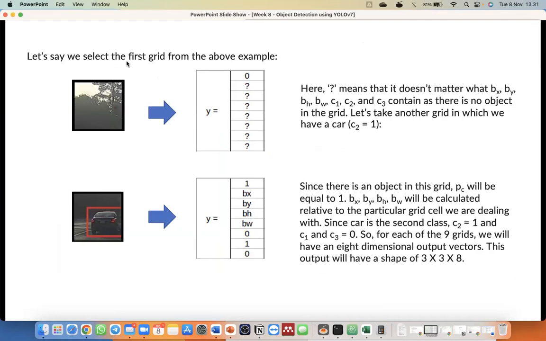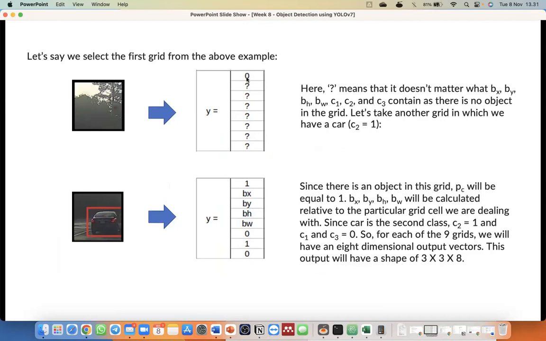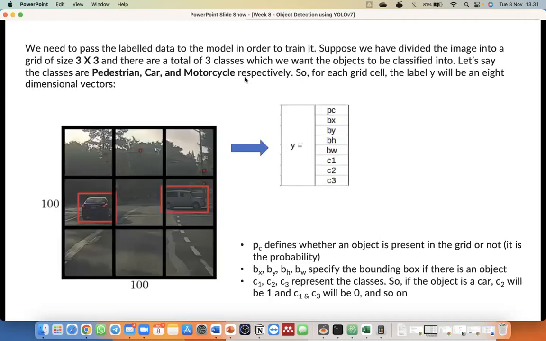Let's say we select a grid from the above example. Because there is no object inside this grid, the PC will be 0, because there is no object inside this grid area.